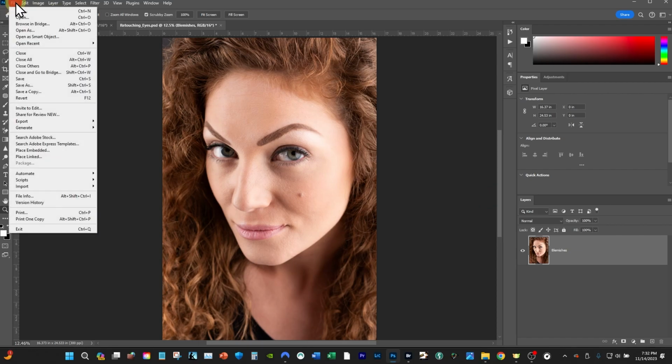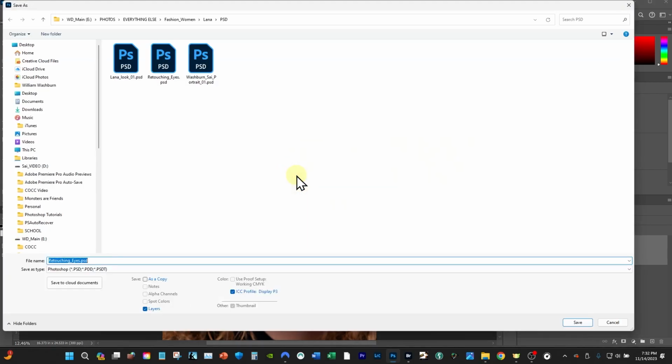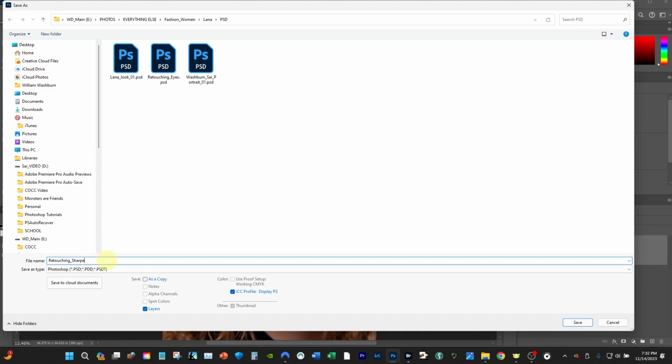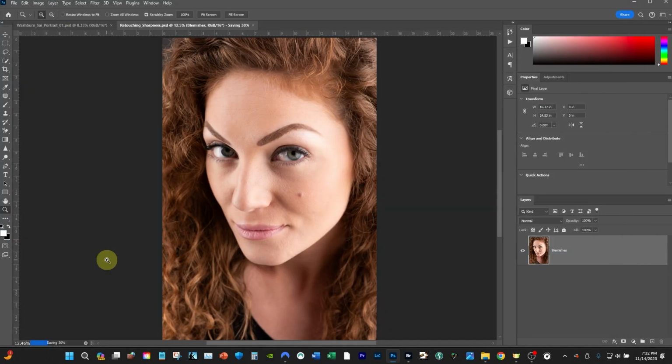Go ahead and go File, Save As, and then save it something like Retouching and save it as Sharpness. Okay, and keep the blemishes layer. You can delete everything else, even the layer that's below it. If you had a layer below the blemishes, go ahead and click it and then delete that one. Basically, all you need is the layer that is blemishes. We went in and we retouched out all the blemishes and the skin